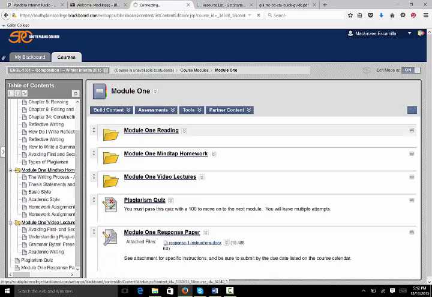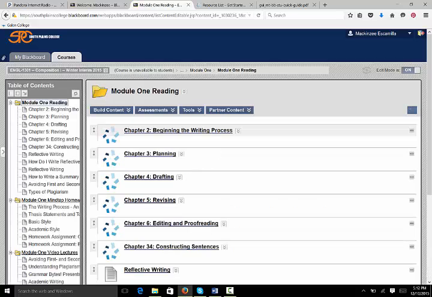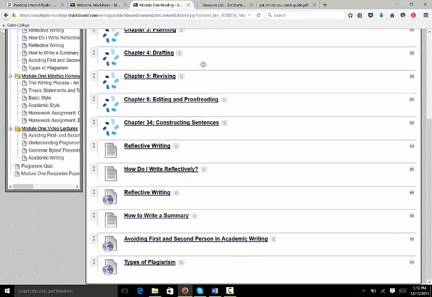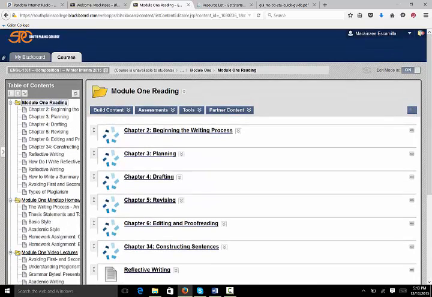So if I look in the Module 1 reading folder, if I click there, these are all of the things that I need to read. We have chapters in the textbook. These correspond to the chapters in the paper book, so you can read there if you'd prefer to read paper. We have some websites, some external documents that you'll need to review for this chapter as well. If I go back to Module 1,